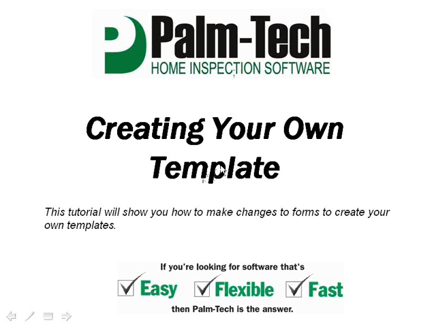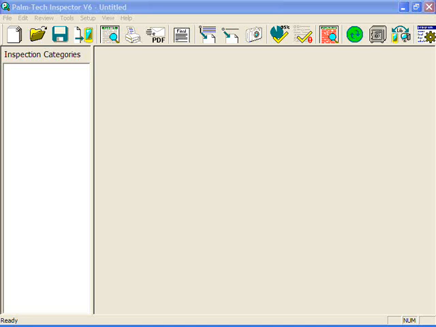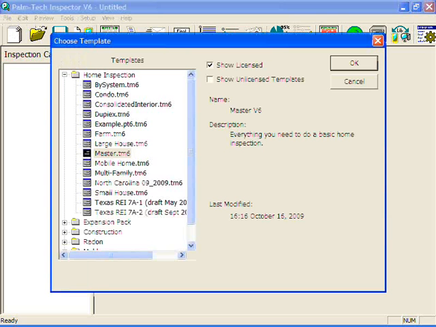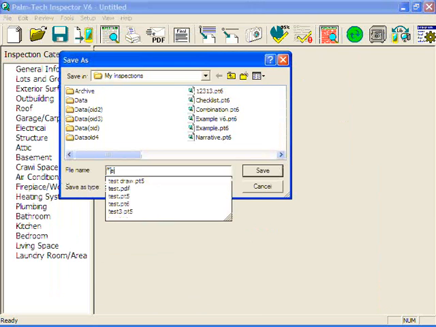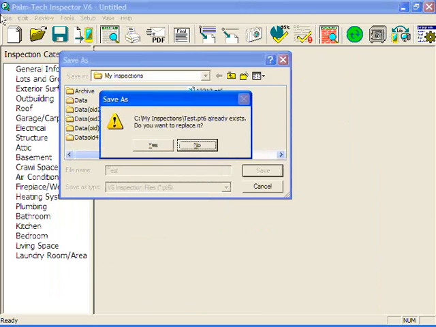This tutorial will cover how to create your own template with Inspector. To get started, we have PalmTech Inspector open right now, and the first thing we'll do is start a new inspection and choose the form that we want to modify. So we're going to choose the master template, say OK, no, and we'll save it, call it test, and we're